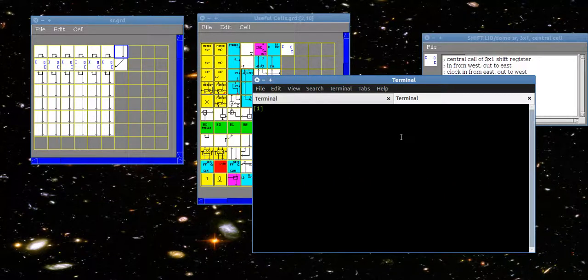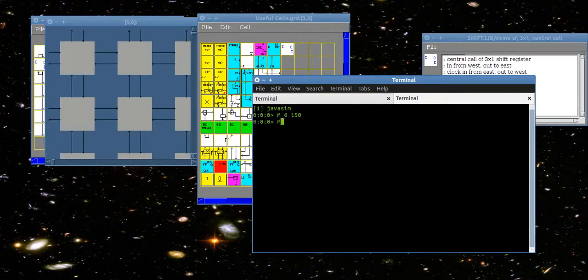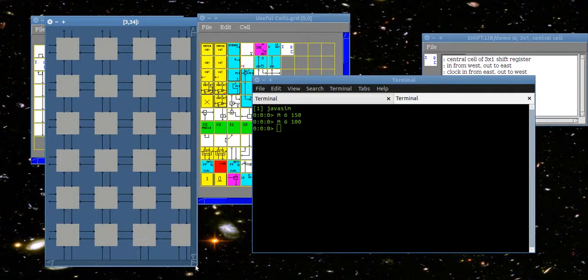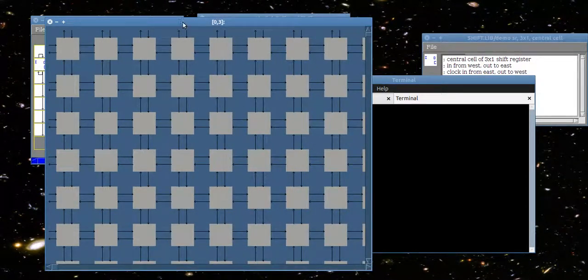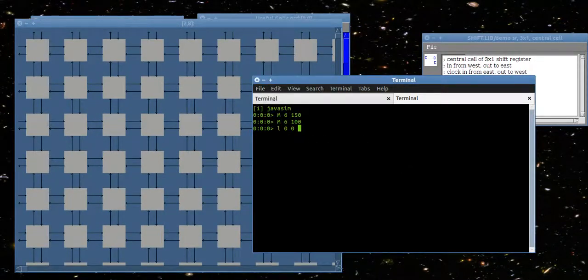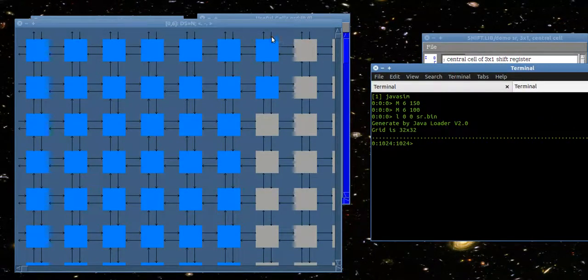I'm going to open a new window over here. I'm going to say Java Sim. And here's my window. Let's make these blocks bigger for the video, so I'll go into mode 6, 150. Oh, that's a little too big. Mode 6, 100. And now we can see a series of cells, so that's plenty of height. Here's our width, and we want to come in on cell 06. So I'm going to say load 00 sr.bin, and there's our circuit loaded,